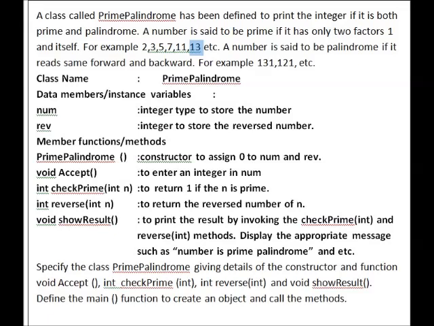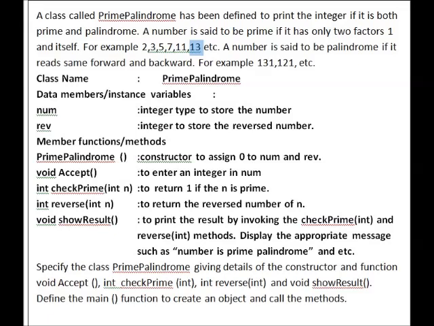So our first question is that we have to check whether a particular number is a prime palindrome or not. Here you can see the question on the screen, and please read the question and understand what a prime palindrome is.